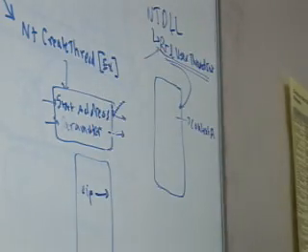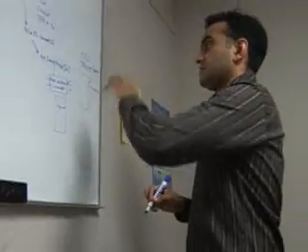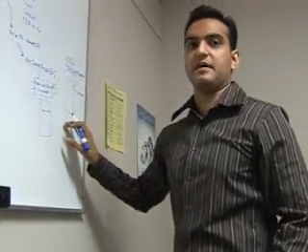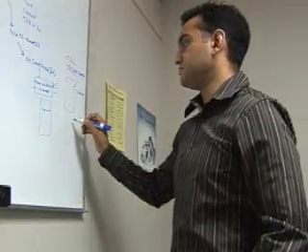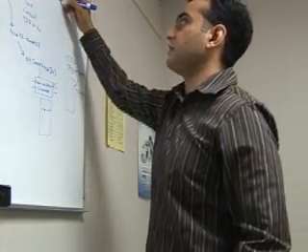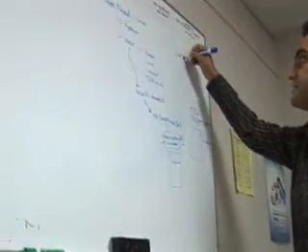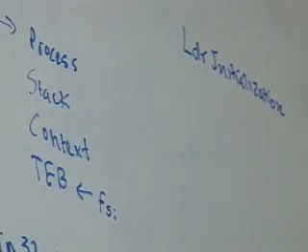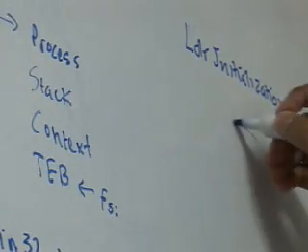There's some user mode state that we want to have set up before the thread starts running user specified code. So what the kernel actually does is we change the context that runs to run a special piece of code called the loader initialization. So loader initialization is a bunch of code that's in NTDLL,